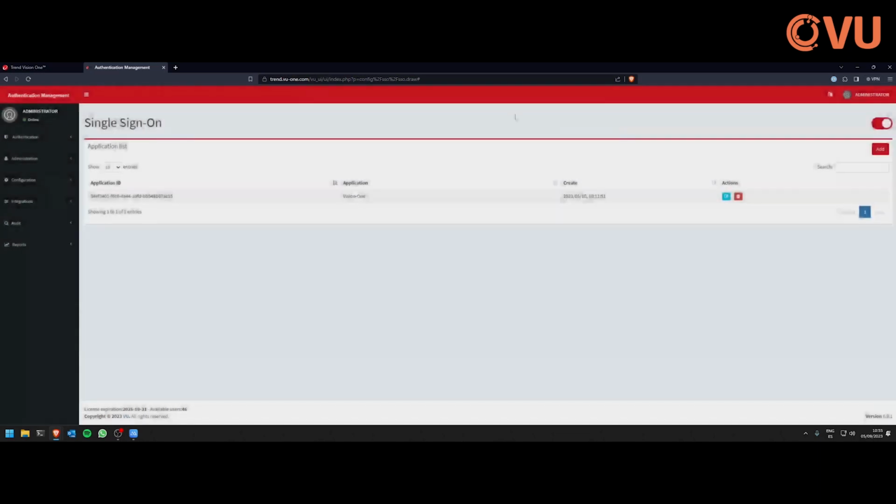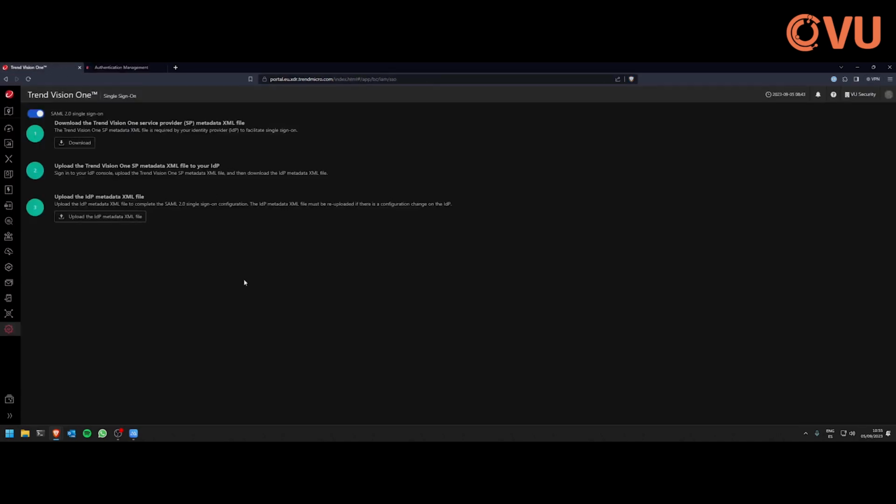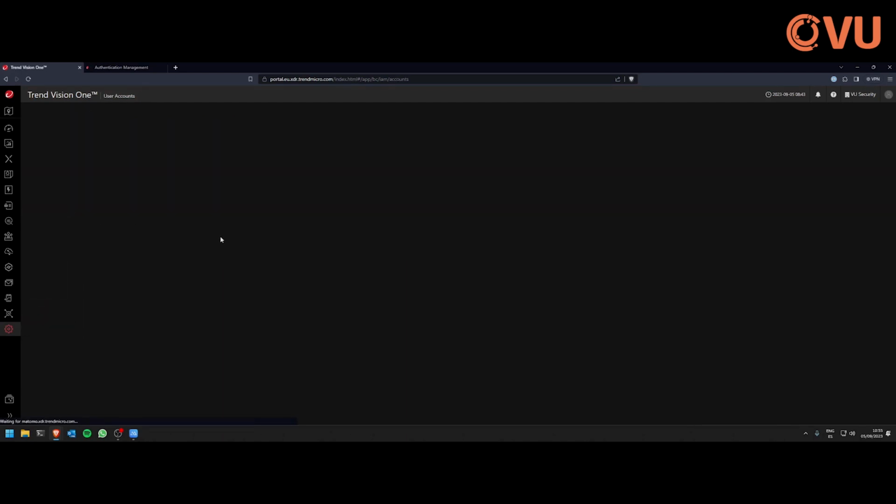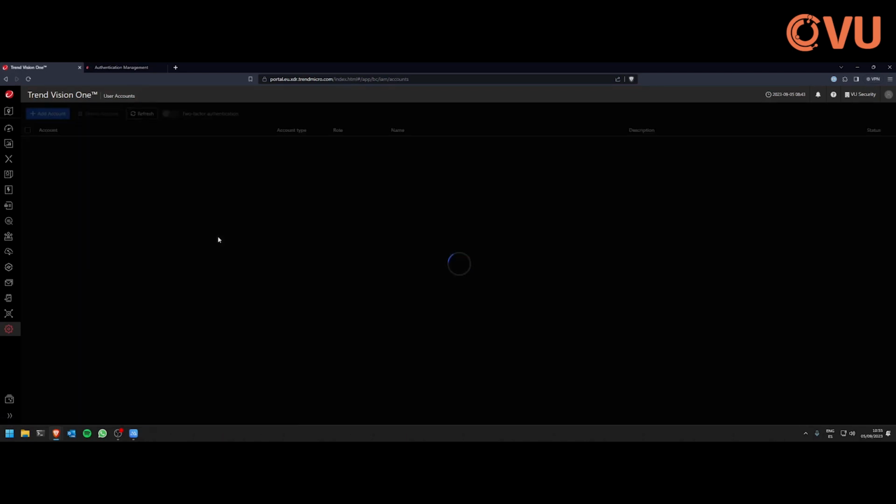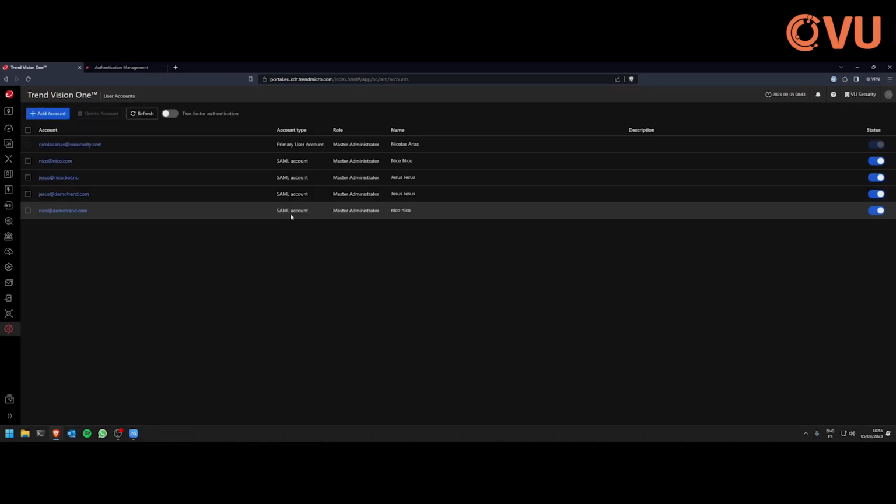After doing this, you will retrieve the identity provider metadata file from Views Authentication Management solution by calling a specific API, and that file needs to be uploaded into Trend Vision One. After doing this, what we need to do is create user accounts and configure the account